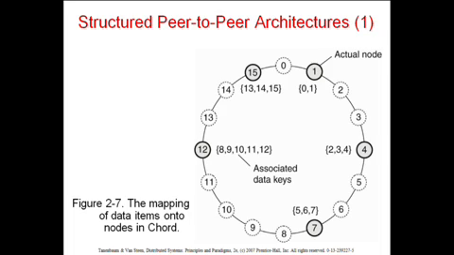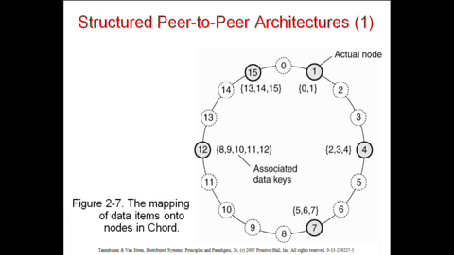But if you think about it, even square root might be fine. Square root of a million is 1,000. Well, 1,000 is not such a bad number of nodes to keep track of, I would say. But nevertheless, virtually all the structured peer-to-peer architectures like that logarithm, and they're going to keep track of only a logarithmic number of such nodes. How they do that, we are going to go into many details later in the class, by coming up with various tricks to be able to compute which are the logarithmic number of neighbors you should actually have.